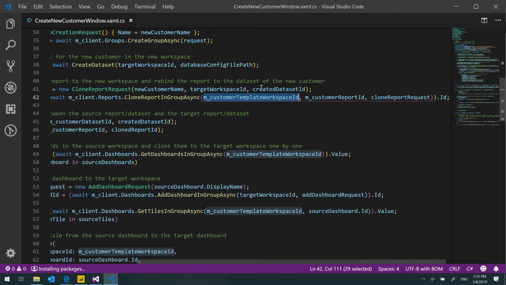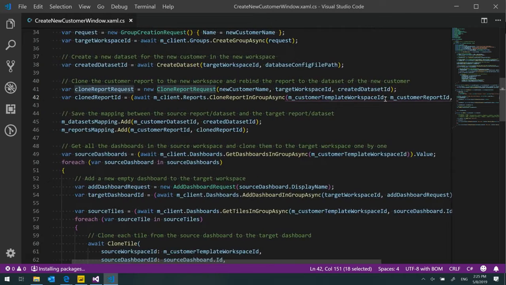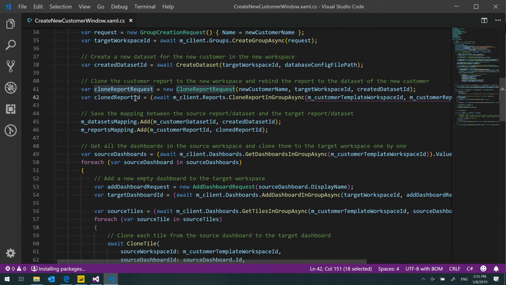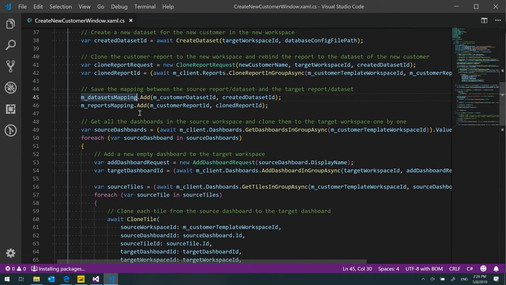So this is the golden workspace ID and the golden workspace report that we want to clone, and the clone report request. And from that, we get the ID. Here, you can map all your new IDs and save them for further use in your application, so you can manage them better. So after you do that, you have your new report, which is cloned and connected to the